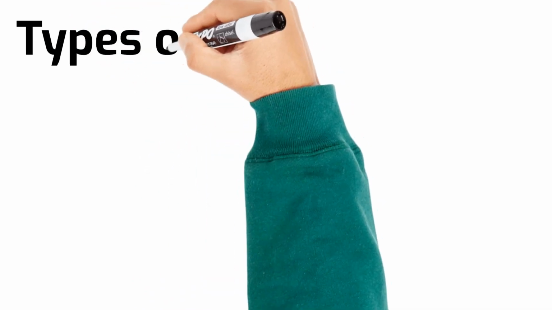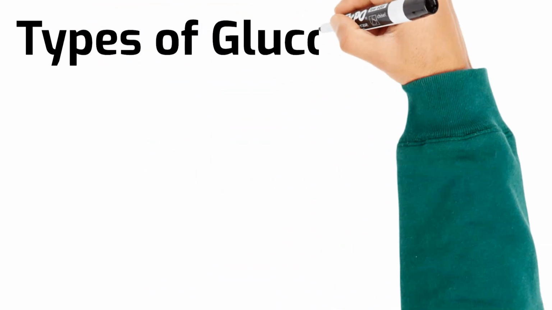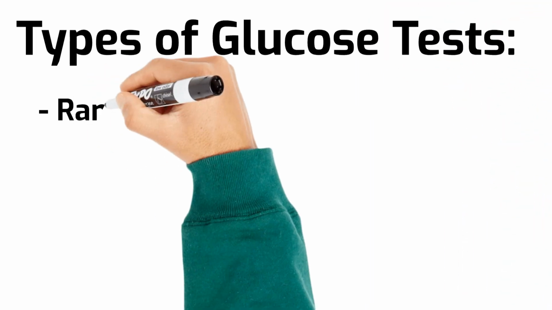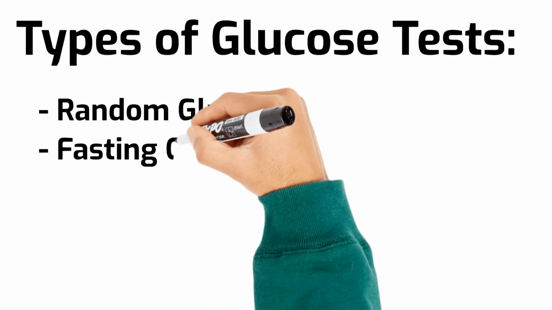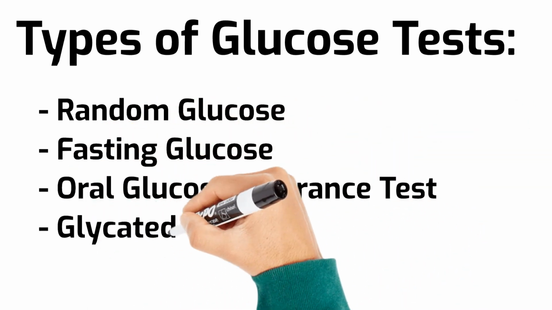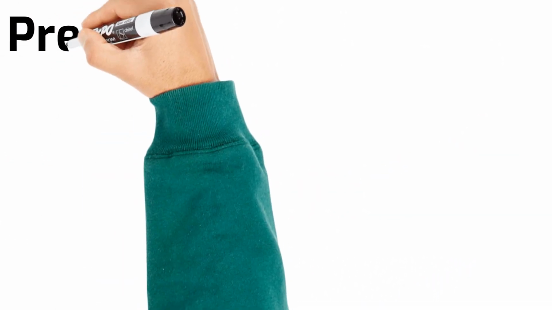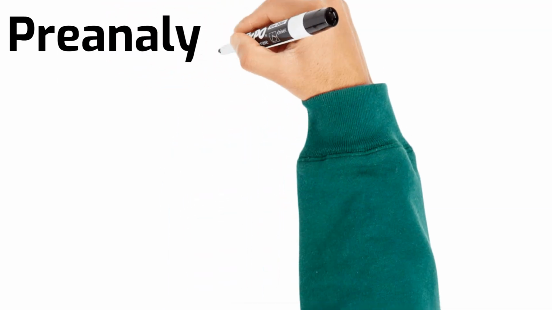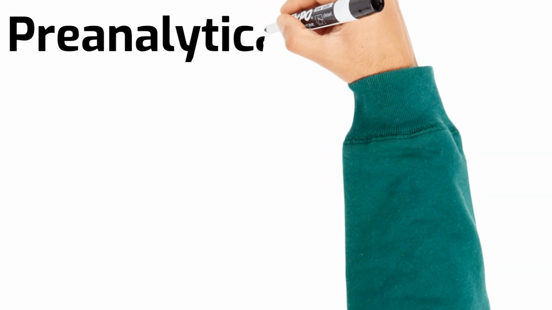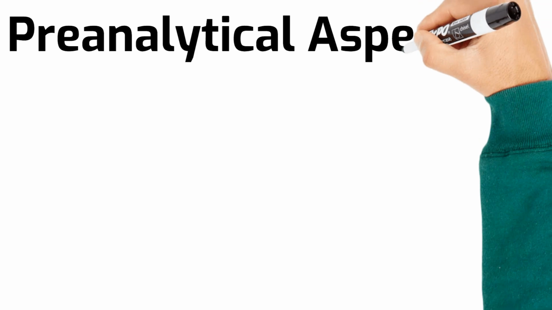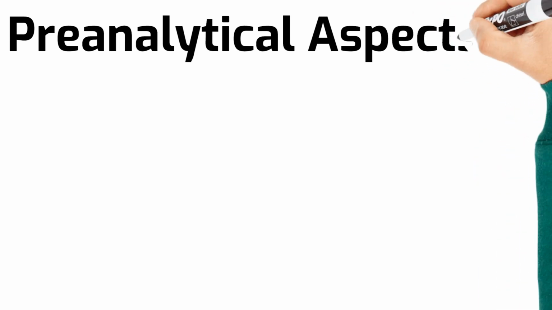Glucose can be measured on a random or fasting blood sample as part of tolerance tests to assess insulin resistance or screen for gestational diabetes, and by measuring the level of glycated hemoglobin A1C to monitor glycemic control. Whilst there is almost no challenge in the analytical aspect of glucose testing, as laboratory methods have been refined to have very low analytical variability, there are many factors that can affect the glucose concentration in the sample in the